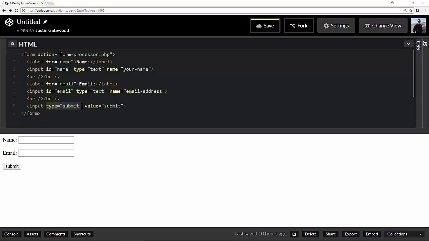The value that you provide will be the value displayed as the text on the button. So probably better visually to make that a capital. That looks a little bit better. You could even say, hey, well, I want my value to be something else. So whatever you put in between the quotes is going to be the value that shows up in your button. So I encourage you to take this information to practice with different form fields, labels and inputs, to practice how